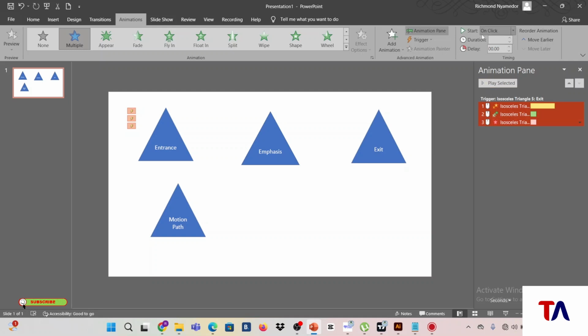Those are the same options I spoke about earlier. This is the trigger option I spoke about right now. So the last thing I would want to talk about is